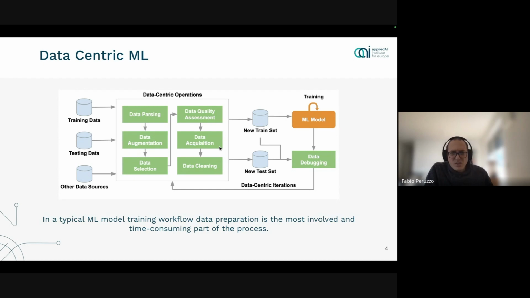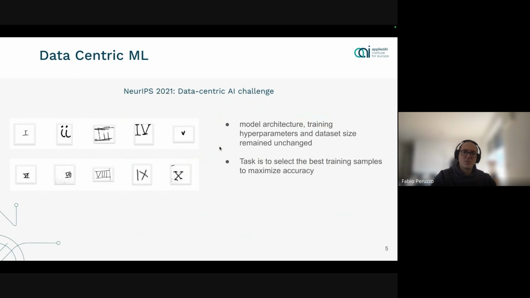But especially until like 2 or 3 years ago, research in academia was really focused on architecture. So transformers, optimizers, Adam, and so on. There are some important exceptions to this. Even fairly recently, there was this data-centric AI challenge at NeurIPS 2021, which got, I would say, quite a lot of attention. The challenge was more or less like a Kaggle competition. Actually, the idea was exactly the same. So you have different teams that compete to come up with the best performing model.